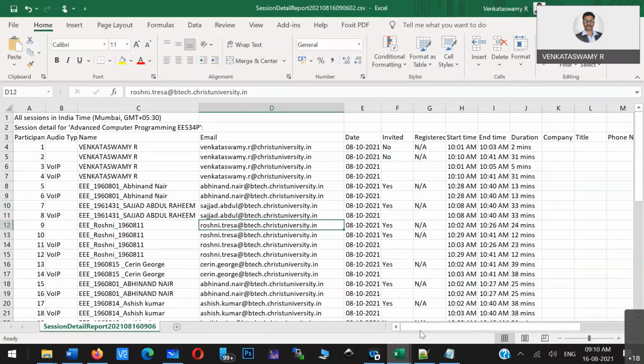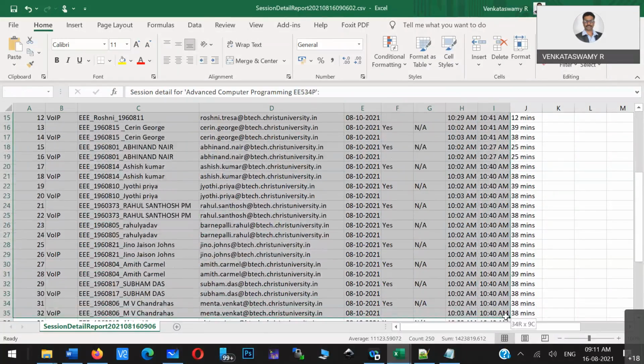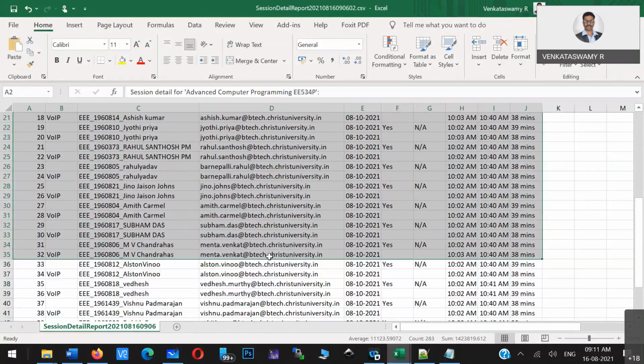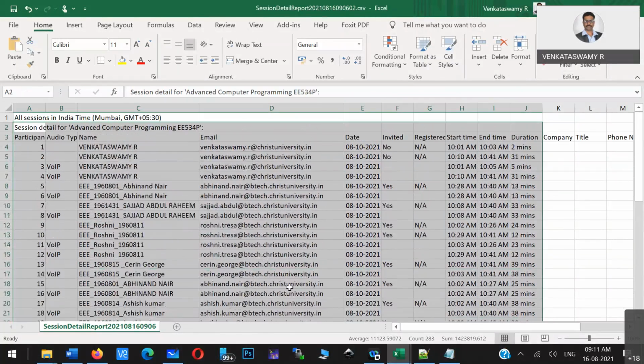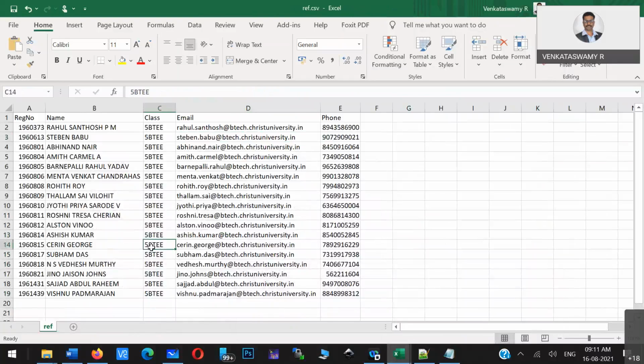Very good. So if you see, the user register number, say for example, I'll just open the reference list. So the reference list for your class is this. What I have is register number, name of the candidate, class, email ID and phone number.